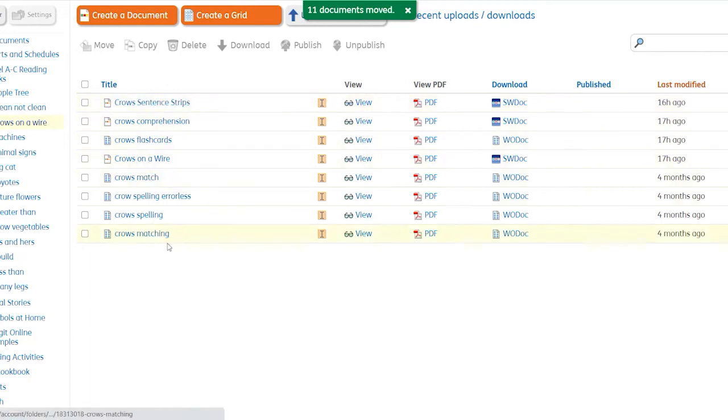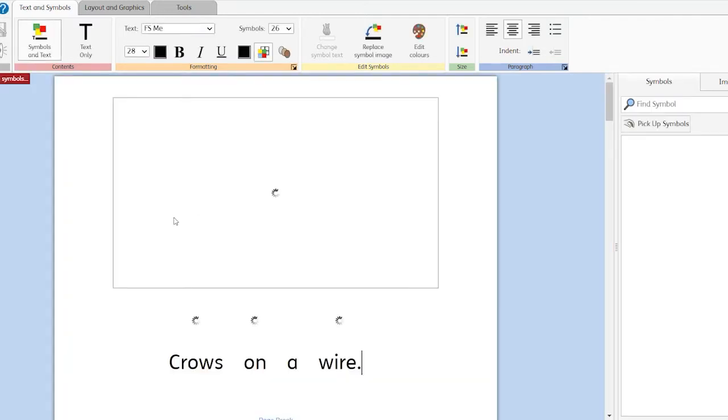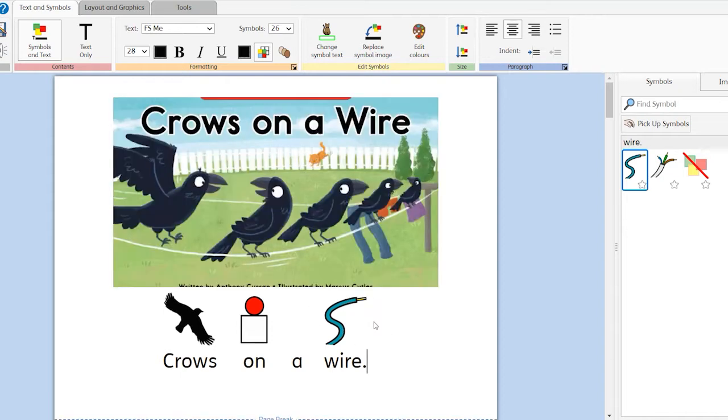So I want to show you what resources we have here and what I've built out. So the first thing we have is the book itself. Now, if you're buying these in my Teachers Pay Teachers store, you won't get the book itself because that would violate copyright. These are meant to be used with Reading A to Z, not instead of Reading A to Z. But I want to show you how I set this up in my room so you can recreate these books with your Reading A to Z